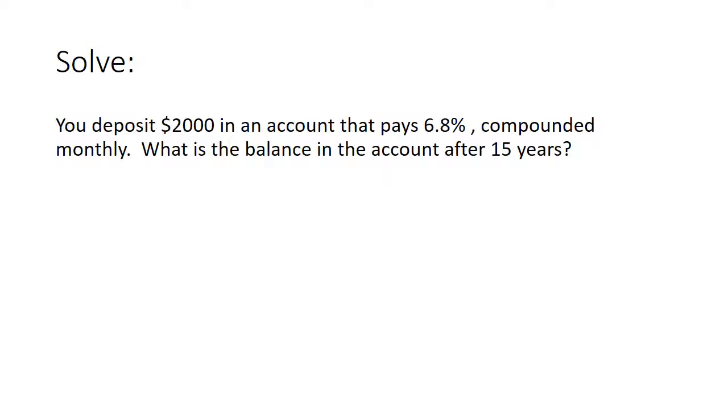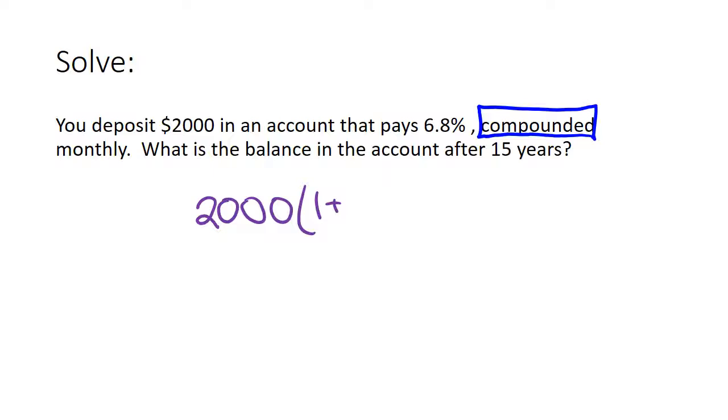Take a look at this one. Keyword compounded, which means I need to use my formula about compound interest. We start with our principal amount. We have 1 plus. Our rate is 0.068 over, in this case, monthly, so it's going to be over 12. We use that 12 again, but we want to know how much in 15 years. Don't need to show me much work other than that, but you do need to leave it in your calculator and give me the most exact answer possible. And in this case, it should be approximately